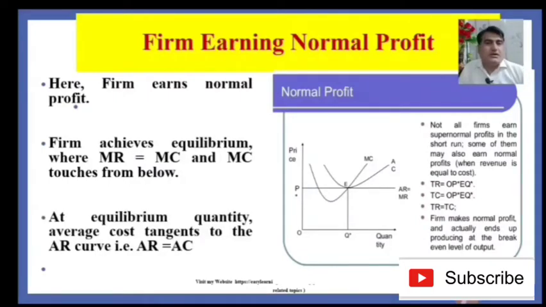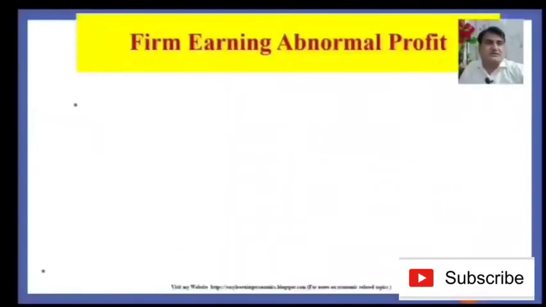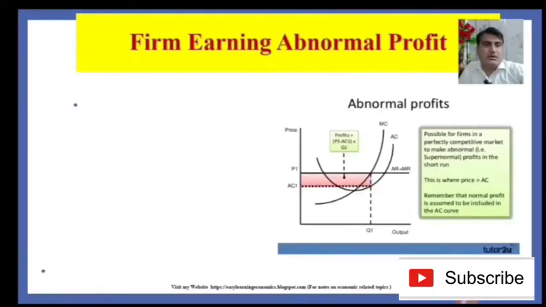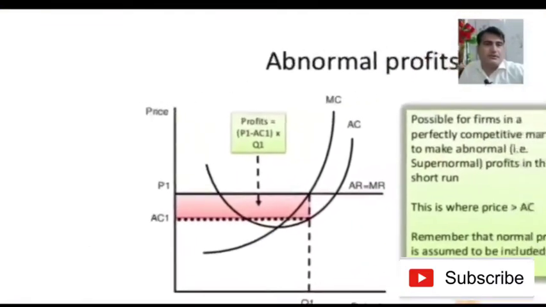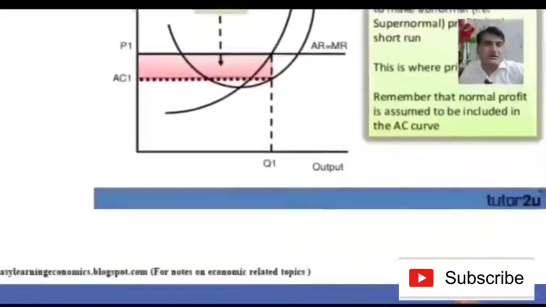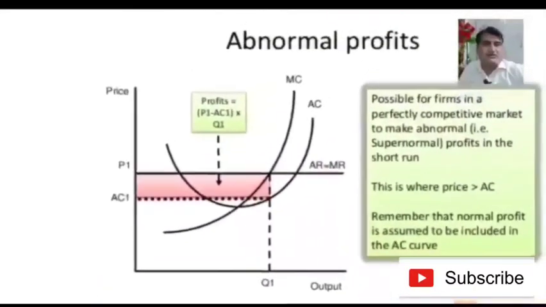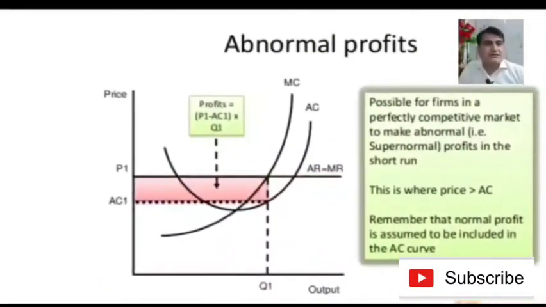At equilibrium quantity, average cost is tangent to the average revenue curve. So average revenue is equal to average cost. In the second case, the firm earns abnormal profit, where the average cost lies below the average revenue. It means it is possible for firms in the perfectly competitive market to make abnormal or supernormal profit in